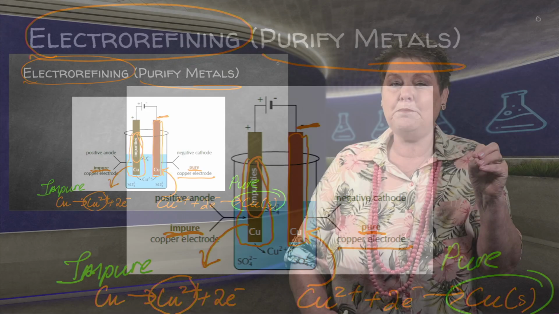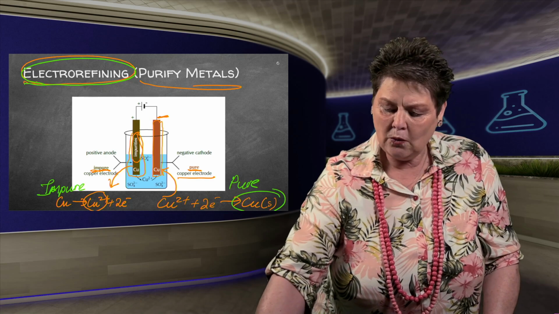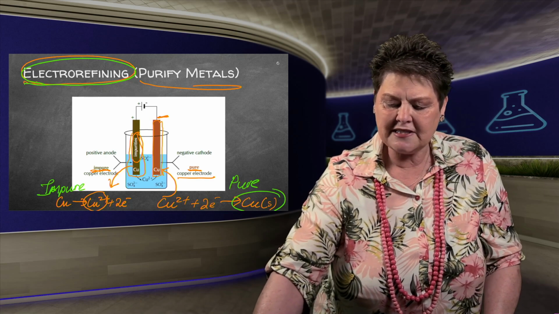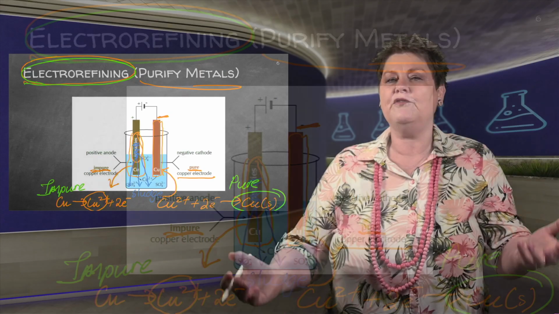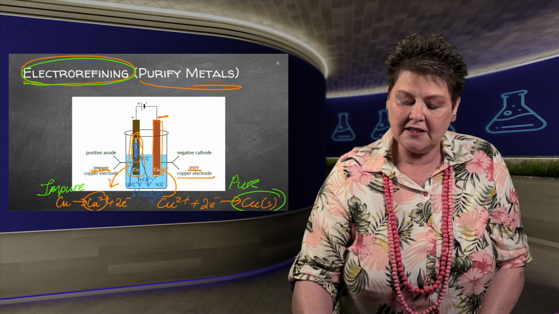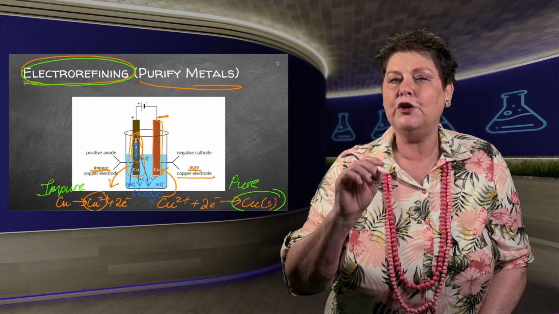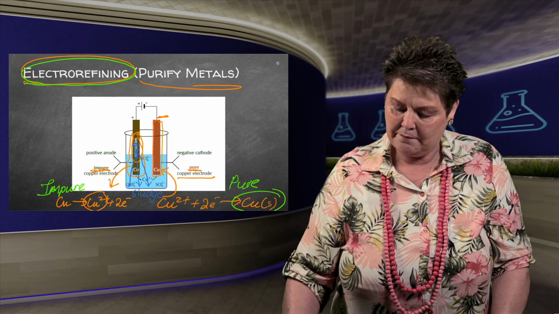So firstly, electroplating. Secondly, electrorefining. What we can also find, and you might wonder, so what's happening with the other things? All the other impurities that were there will now precipitate and lie at the bottom here, which we call the sludge. They will just remove that and throw it away because they can't use it. But in this instance, we wanted pure copper. We used electricity, and we could find pure copper from the ore that they mined.